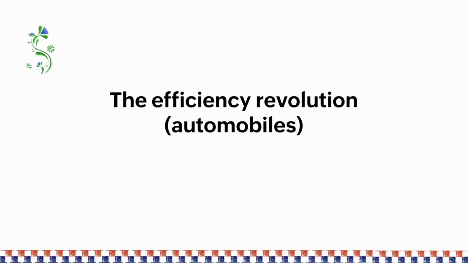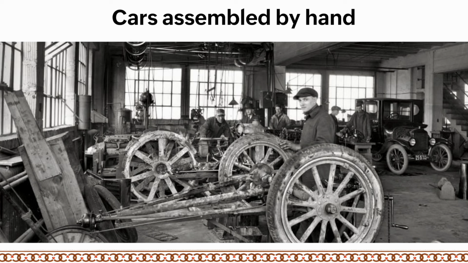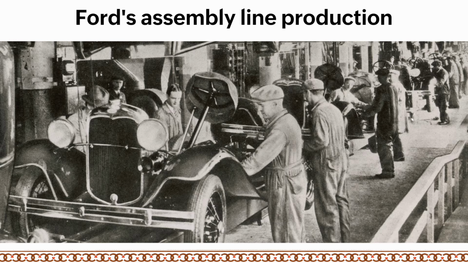With respect to the automobile industry, this is how, maybe 200 years ago, car manufacturing had to happen. The cars were assembled by hand. People had to bring the different parts and then put them together to assemble the car. So that was what was happening in the initial days. But with Ford's assembly line production,